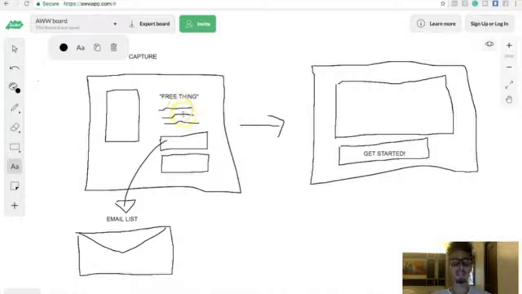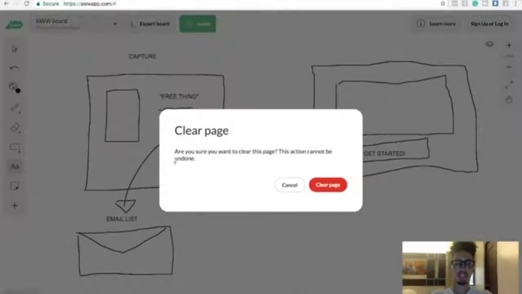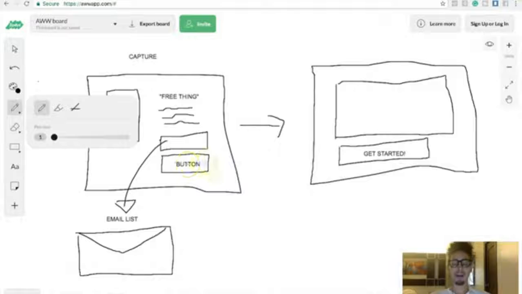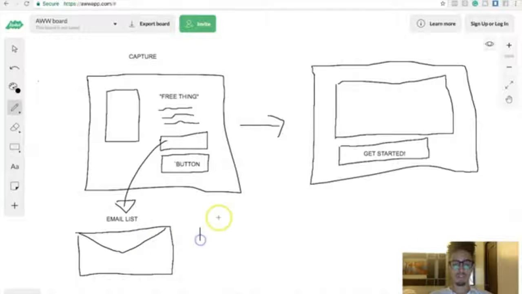So you're going to give somebody a free thing, right? And basically what's going to happen is you're going to have this little slot right here that asks for their email in exchange for this free thing. And then you're going to have a call to action. That's not what I meant to do. A button, right? A call to action button right here. And then once they click that button, they're going to get on your email list, right? And what are we shooting for? We're simply shooting for 100 leads per day.